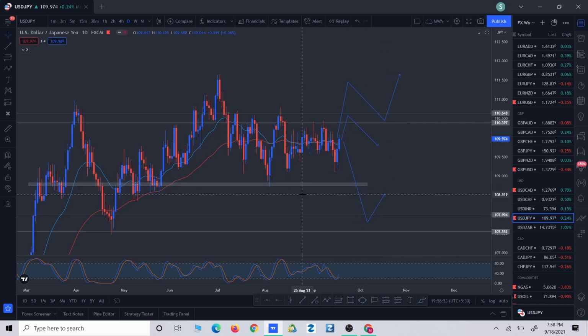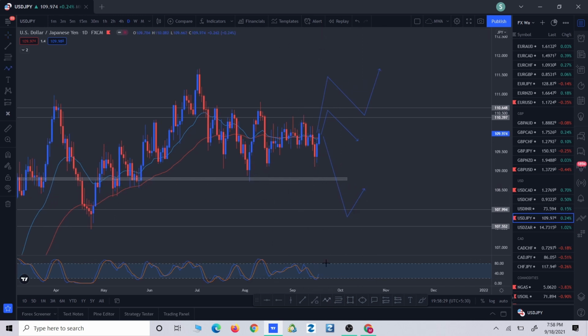Also, once the price gives us a break and close below this low, we can wait for a pullback into the recent broken zone and then look for some kind of indications to go short. So these are the different scenarios that we can focus on for our chart on USDJPY. Next, we are going to talk about